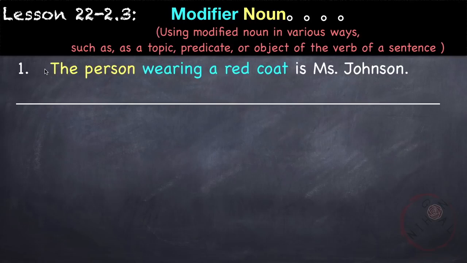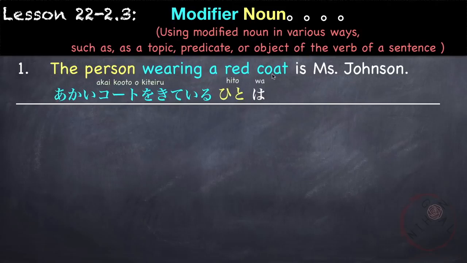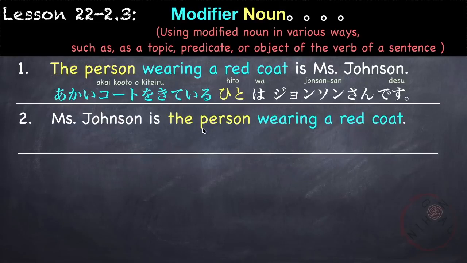For example, the person wearing a red coat is Miss Johnson. In this example, we are using the modified noun as our topic or the topic of the sentence. So again, the modifier comes first, which is wearing a red coat. 赤いコートを着ている人は to our topic marker, followed by ジョンソンさんです。赤いコートを着ている人はジョンソンさんです。